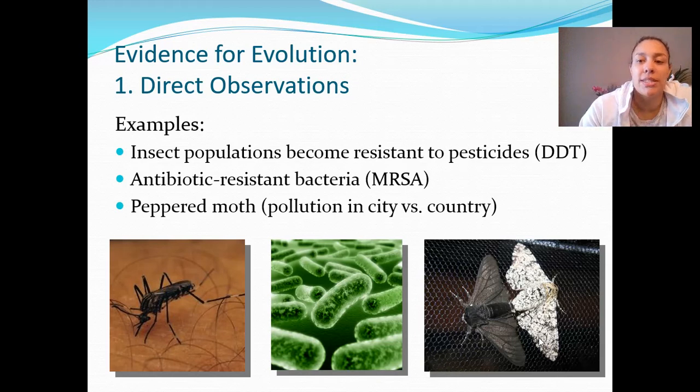So one of the big pieces has to deal with these first 2 steps up here with our examples of insect populations becoming more resistant to pesticides like DEET and DDT, and this other example of antibiotic resistant bacteria. There's this really old school video that talks about newt populations and garter snakes and how there's this evolutionary arms race that's happening between 2 species, and it can be applied to the newts and the garter snakes, or we could be talking about